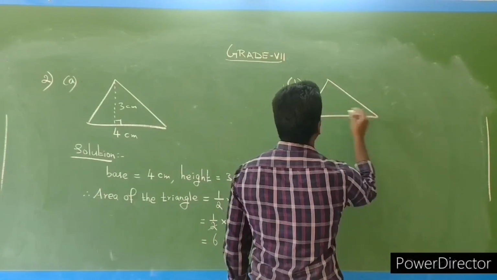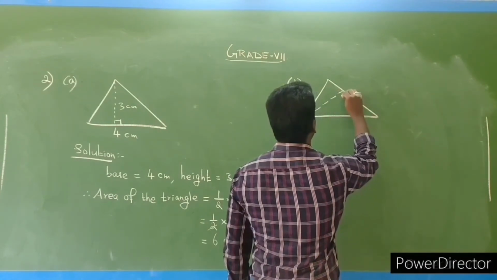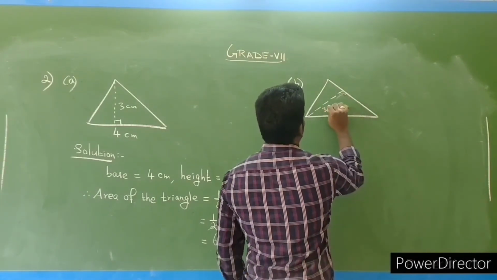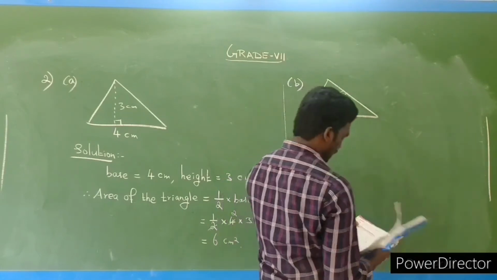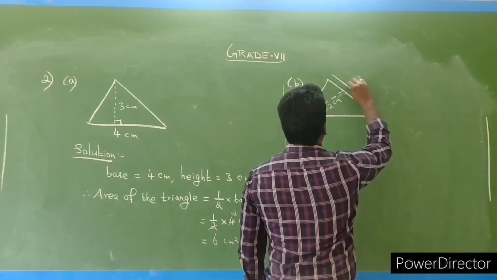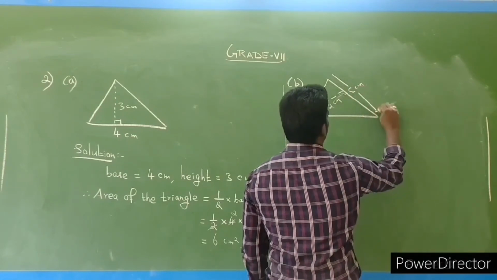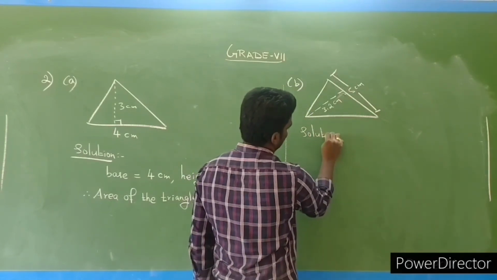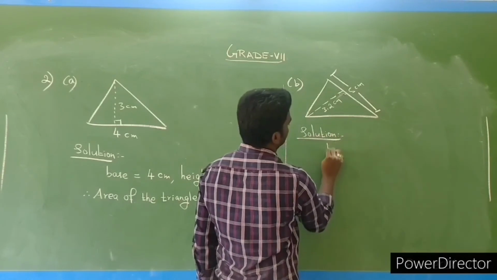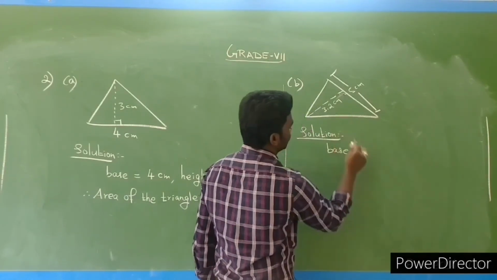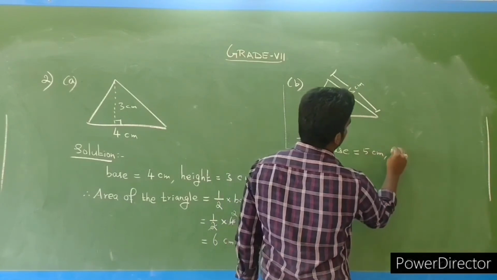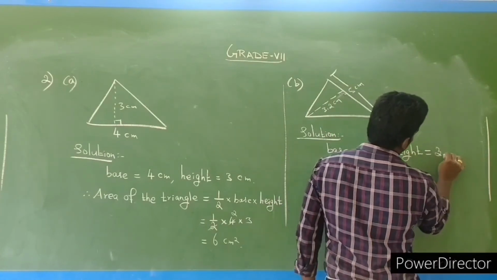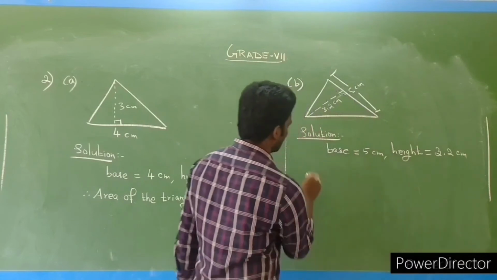The triangle is given and this line segment is called, what is that? Height of the triangle. The height is 3.2 centimeter, and the base is 5 centimeter. So in solution, base equal to what is that? 5 centimeter, and height equal to 3.2 centimeter. Therefore,